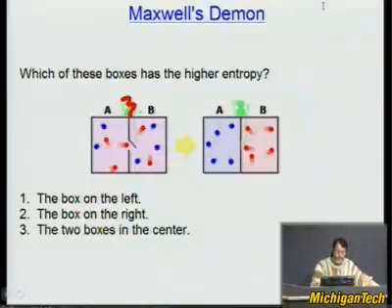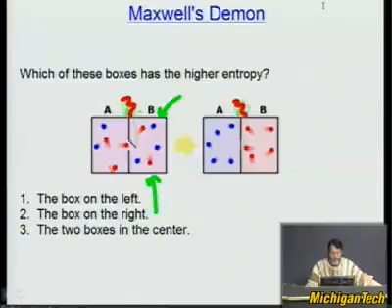So let's ignore the little demon here right now. He doesn't yet exist. So here we have a box on the left, and we have two kinds of particles. We have hot particles. Let's go to green here so I don't show bias. There's hot particles in red moving fast, and cold particles in blue moving slow. So does the box on the left have higher entropy, or does the box on the right here, where the cold particles are over here and the hot particles are over there? Or is it the two boxes in the center?